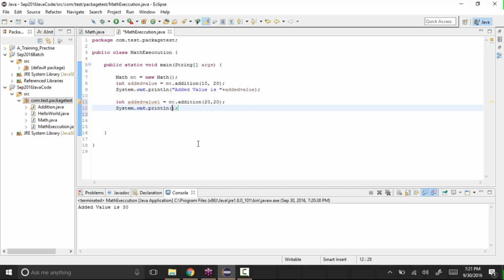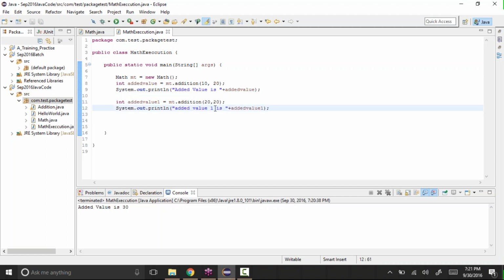Now see here, added value 1 is plus added value 1, like this.